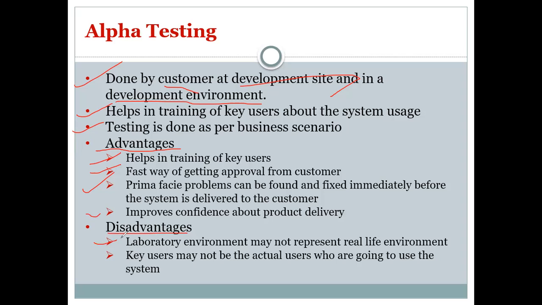laboratory environment may not represent the real life environment. So suppose for example, I am having the facility of say a server room of 10 by 10, then air conditioner, then maybe double air conditioners and some other facilities I have given for that server. But there may be chances, see, or say for example, it is been developed in the cities like Kolhapur, where the environment is comparatively cooler one than that of Solapur.